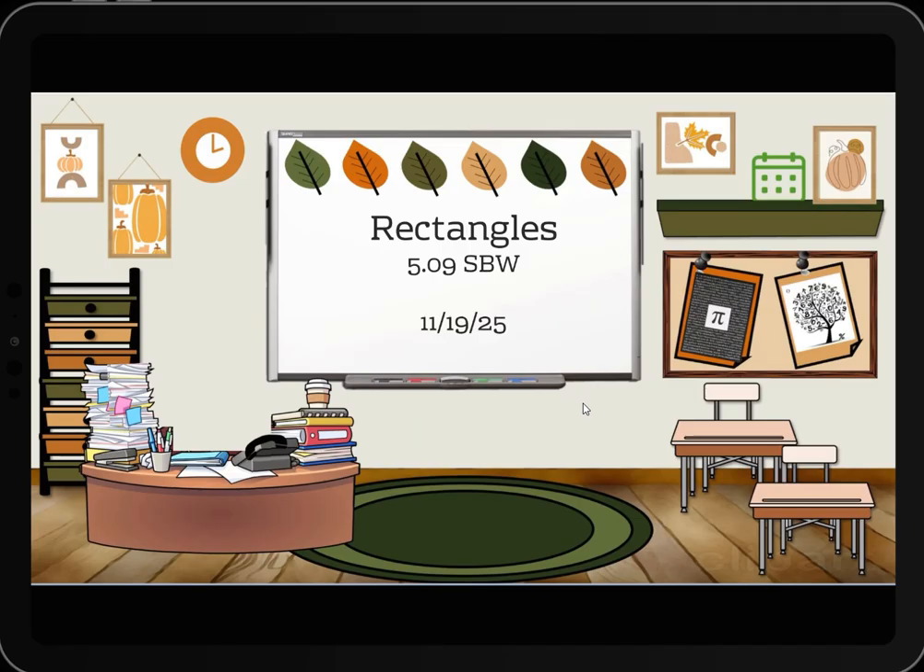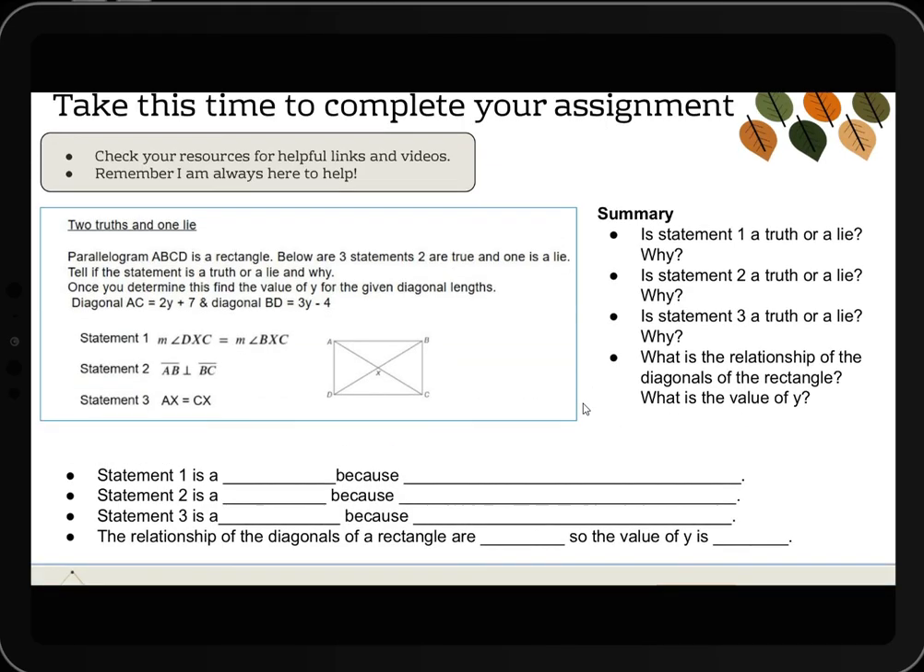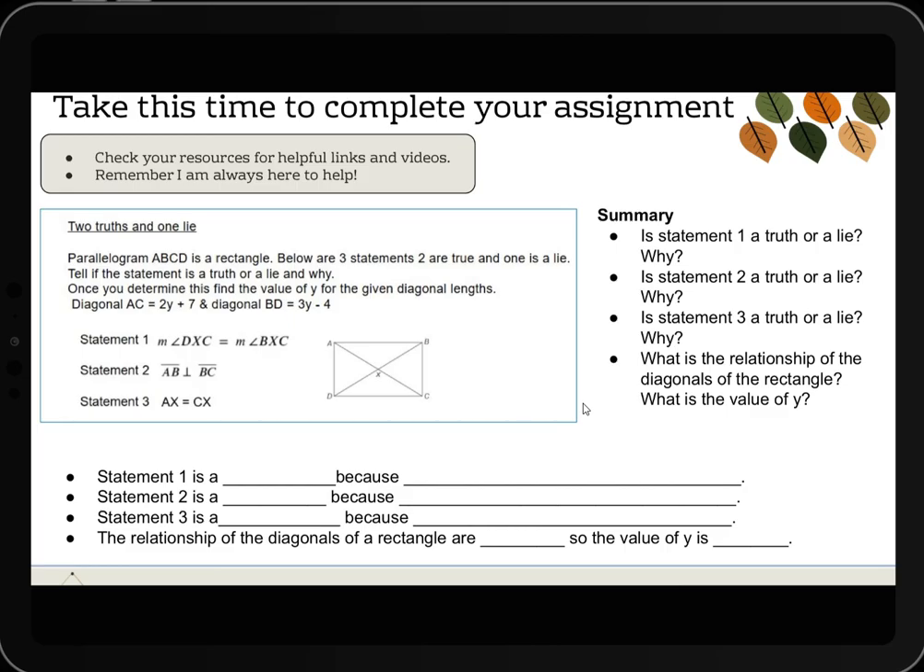Okay, we are looking at our 5.09 SBW. Let's go ahead and take a look at the SBW really quick. So on our SBW, we are given a parallelogram that is specified as a rectangle, and there are three statements